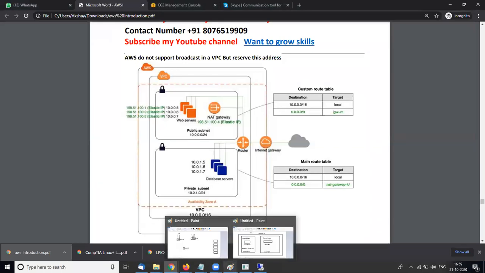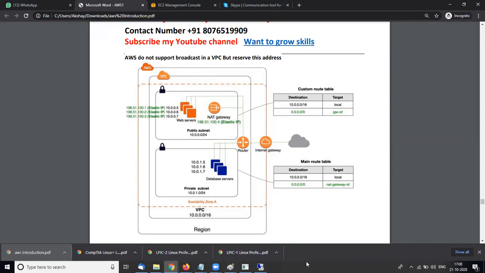Suppose I have one request to my private subnet. The request will come to the internet gateway, then to your web server or public subnet. If from outside you want to connect with your database server, first you need to log in to your web server, the public server, and then remote into your private network or private resources within the VPC.